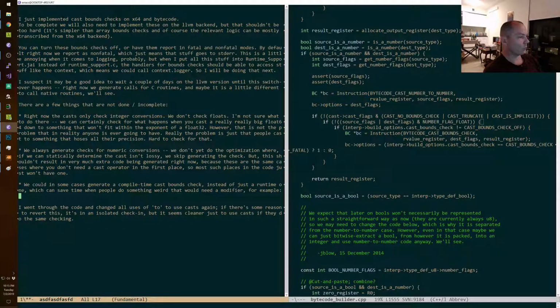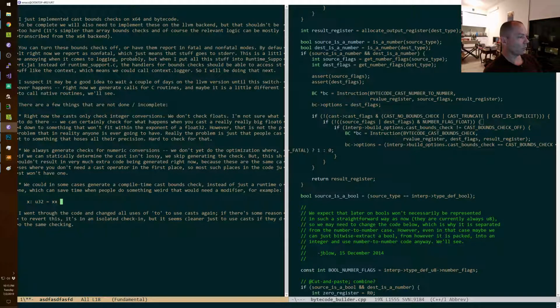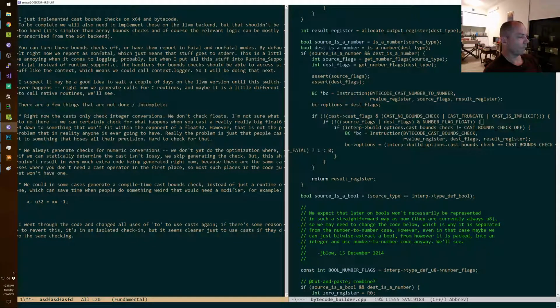For example, x u32 is x minus 1. This is by default a cast bounds check.